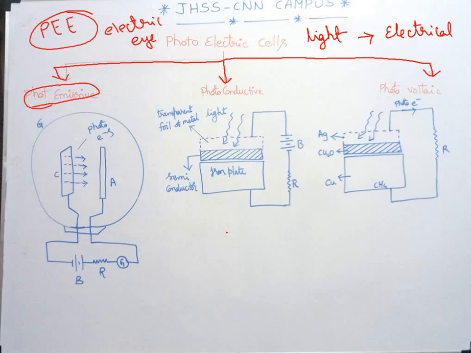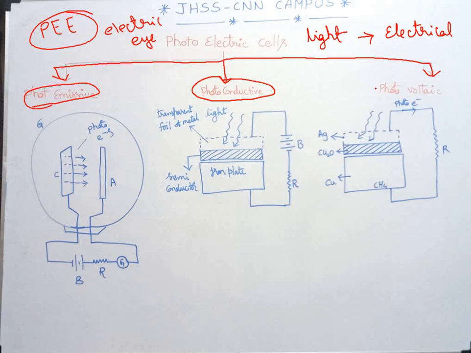It is a main defect of the cell, due to which it is rarely used. When light falls on it, same procedure, but the moment you change the intensity, only then will the value of the current also change, and there will be a time lag. That's the reason why we don't use it much. For a constant intensity or constant illumination alone, we have to keep that in mind and work on it. Okay, right. Now this is also finished, photoconductive.